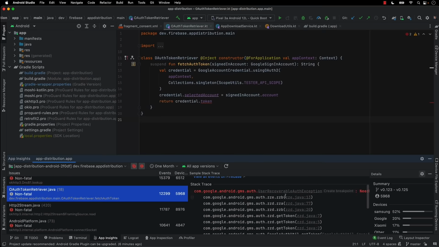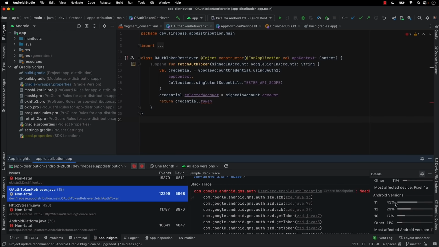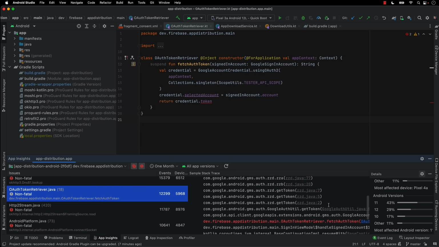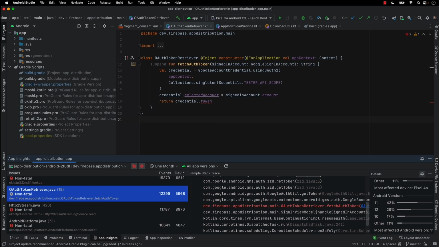I can also see a breakdown on which devices are typically hitting this crash. I can see which versions of Android are hitting it. I can sort by version numbers of the app or collection times. And of course, I can click on stack traces to navigate to source. Now I already came from this location. We really hope that by bringing this crash data into the IDE for the engineering team, it will improve the fix rate, because the data is right there as you look at your own source files.